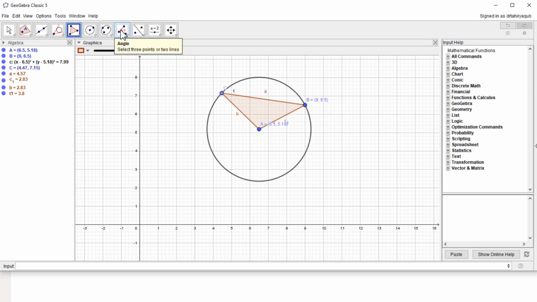So first I draw the angle. I click on angle, I click inside this, and now angle values are shown here. Then I move this to a clear position here, so that my students can see that angle alpha and gamma have the same values, because alpha is opposite to AB and gamma is opposite to AC, and because these 2 sides are equal, their opposite angles are equal.